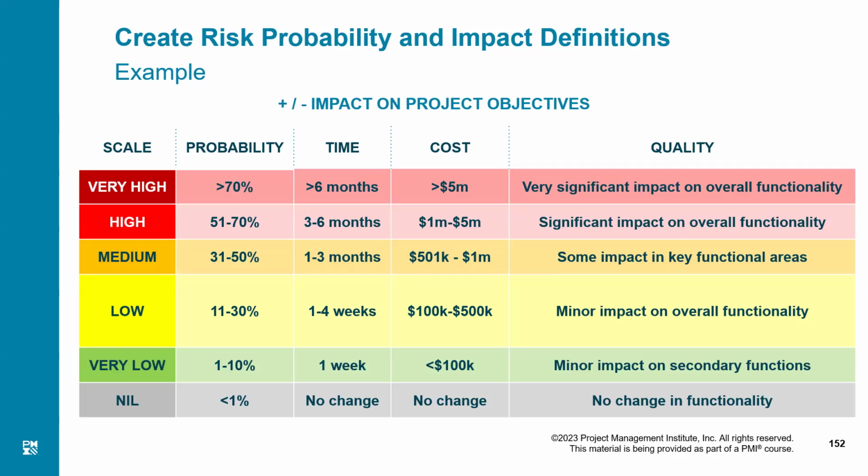If the percentage chances are low enough, and you can devise your own grid, you can devise your own limits, because these limits which are explained here might not be suitable for your project, because probably this example is created out of a mega project, right? So here it says that if it is 1 to 10%, we will consider that a very low risk. If it is 11 to 30% probability, then it is a low risk. If it is 31 to 50, it is medium, 51 to 70, high, and anything more than 70% is considered a very high risk from the probability point of view.